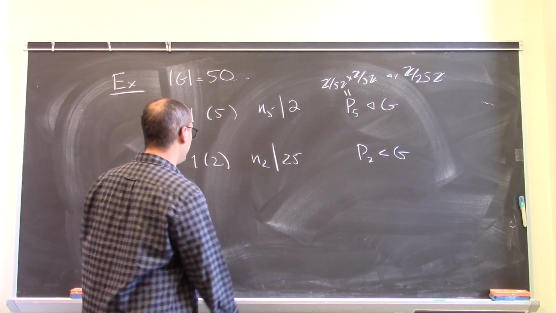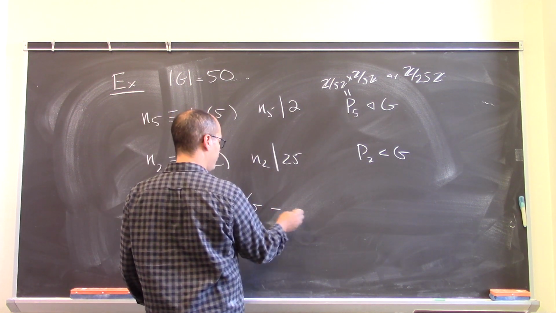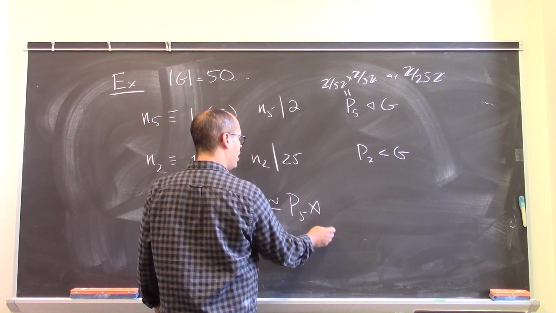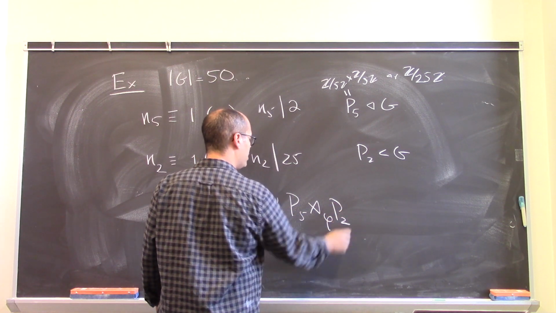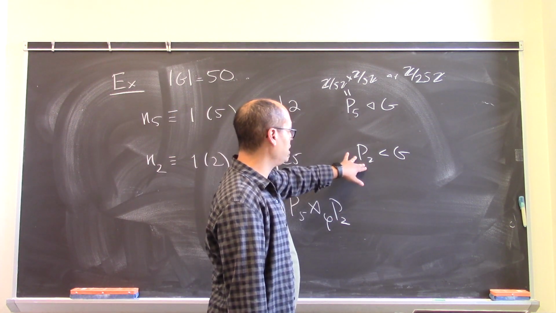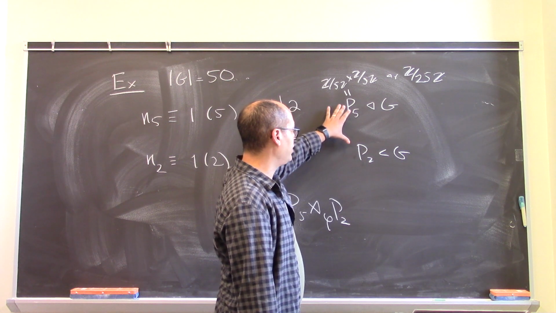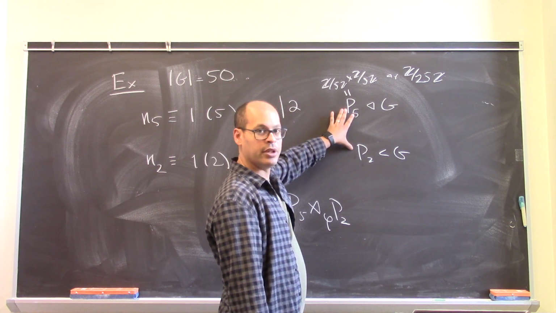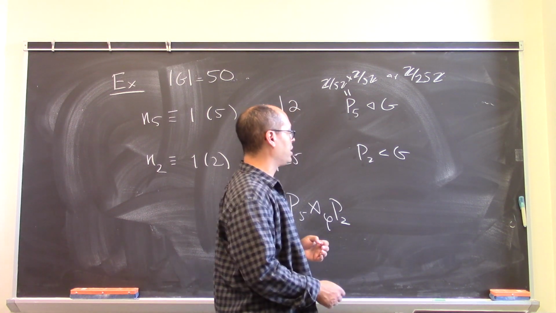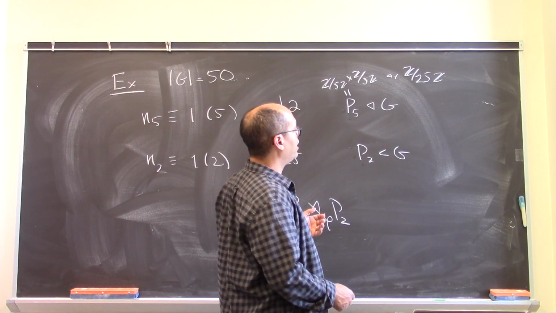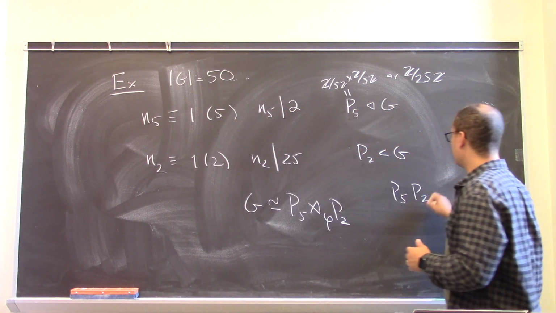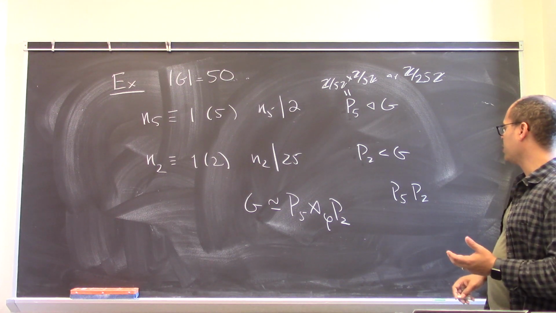And so we know that G is going to be, for the usual reasons, a semidirect product of P5 and P2. That's just because this group is normal, this group is a subgroup, and if you multiply them together, therefore you get a group. And if you look at the intersection of these two things, it's trivial, and you know that the product P5 times P2, everything in the group can be